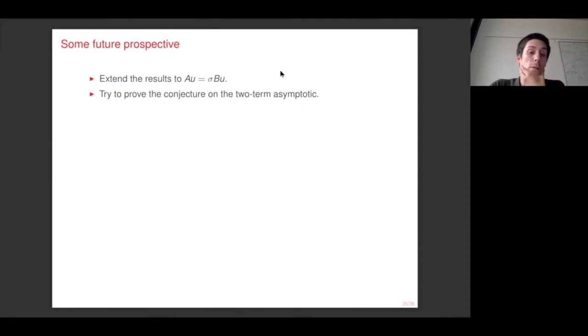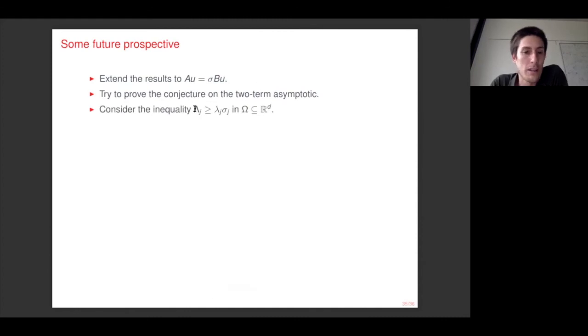We believe it could be really interesting to see whether the two-term expansion can be proved in more generality than for some specific examples. For example, trying to adapt the procedure explained in the book of Safarov and Vasiliev to prove a two-term expansion for the counting function, or also try to generalize the work by Franke and Larsson and see whether it's possible to prove a two-term expansion for the first Riesz mean for the buckling problem.